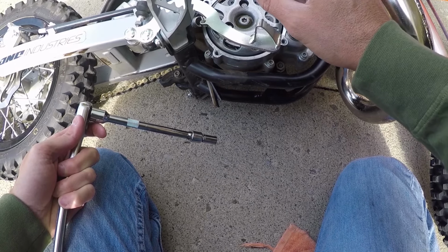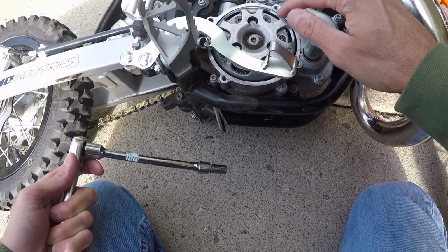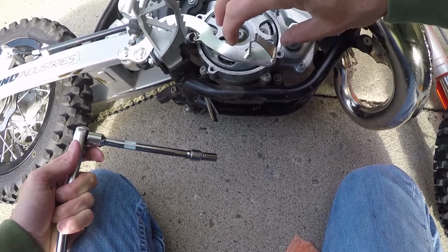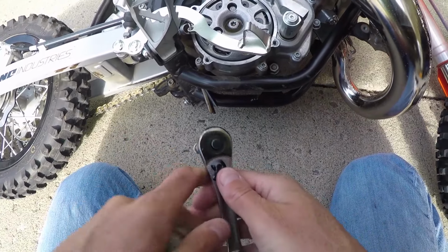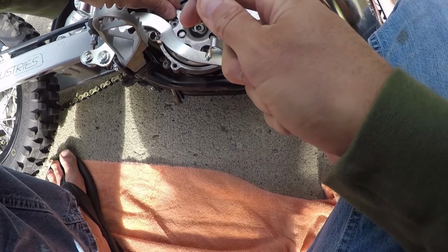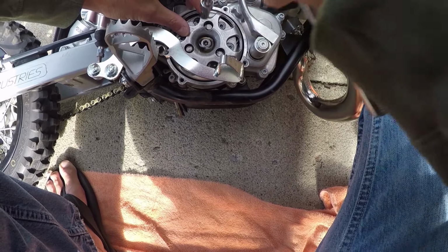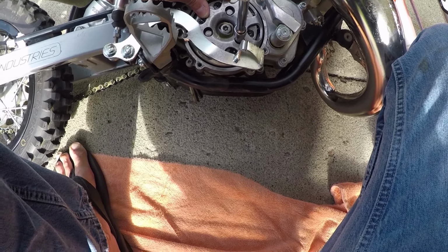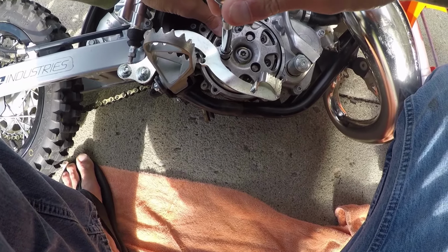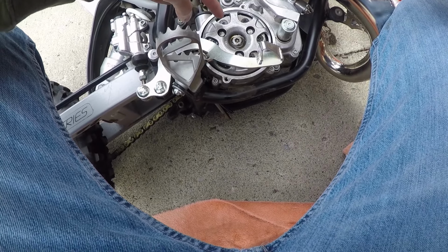What we're going to do is take this back to click setting number 9, which is standard from the factory, which is also recommended for racing. I'm actually going to bump it up to 10 clicks because Grayson's been riding and is pretty comfortable with the throttle. I want him to get a little bit faster, so we're going to turn it clockwise and make the bike hit harder. So since all 3 bolts are on click number 1, we're going to now turn them to click number 2. There's 2. There's 2. There's 2. All right, so now that we have our clicks, our adjustment set to 10,